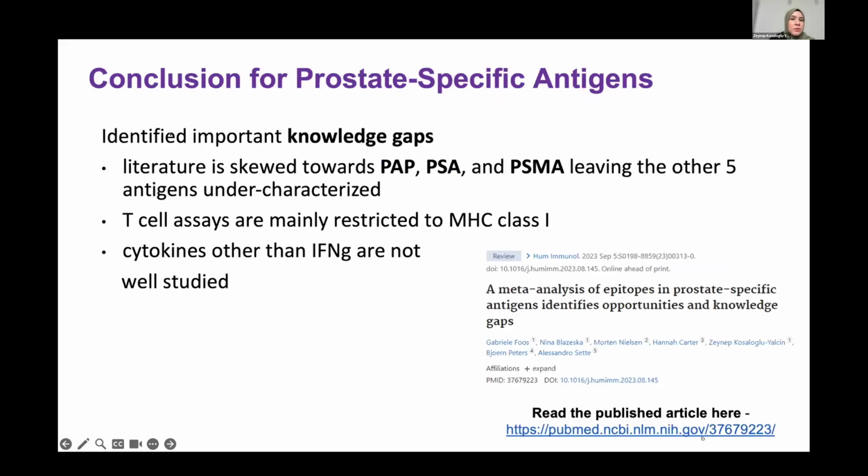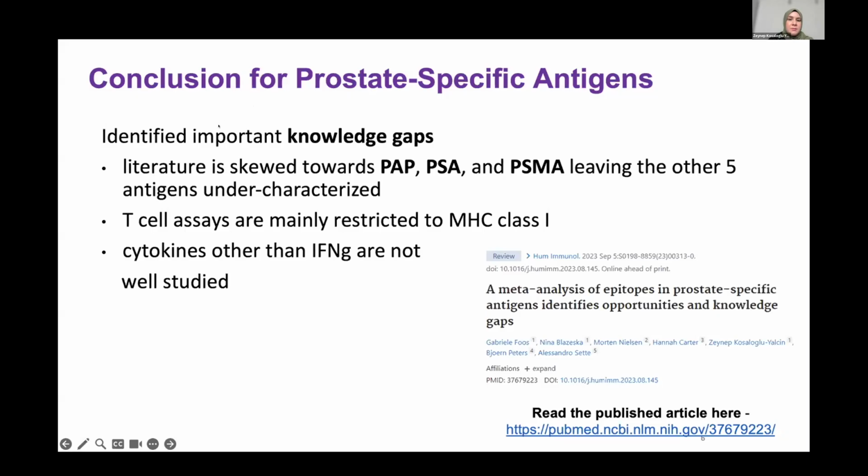So just a quick conclusion for the prostate-specific antigens. This was a relatively small data set, so it was the first meta-analysis we conducted and also published. We found some important knowledge gaps. They can now inform